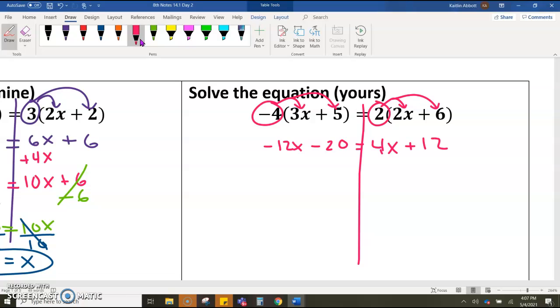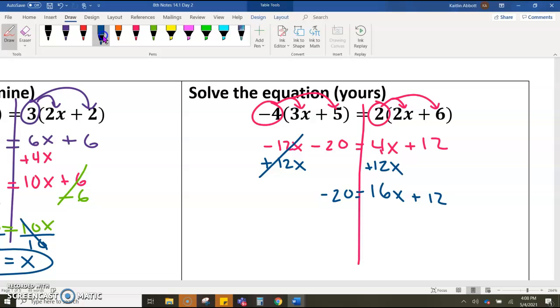All right, so let's get those variables together. So I need to make a zero pair with the variable that is smaller. Is 4 smaller or is negative 12 smaller? Negative 12 is smaller, so we're going to put a positive 12x here because that gets rid of it. So I'm going to add 12x over here. I'm going to bring down that negative 20 equals, I have 12 x's plus 4 x's gets me 16 x's